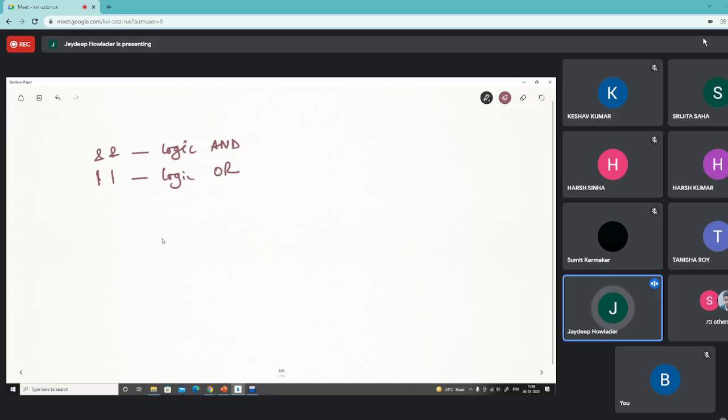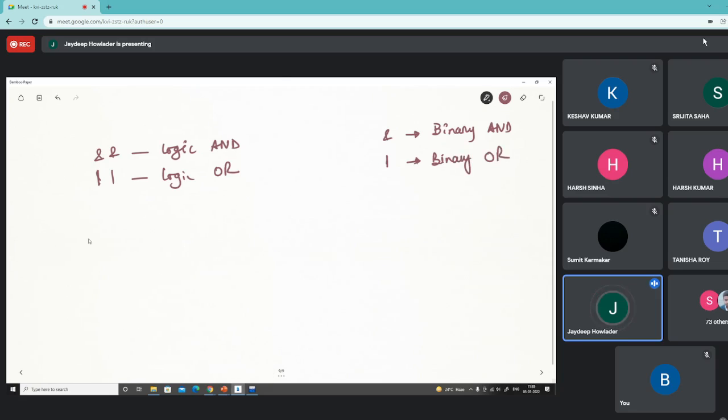And then we have the single and the single vertical bar. This is called the binary and, and this is called the binary or.